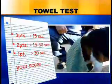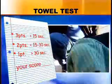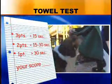The towel test is easy. Place a towel over your dog's head. If he frees himself in less than 15 seconds, it's 3 points. 15 to 30 seconds, 2 points. And longer than 30 seconds earns 1 point. As you can see, Duke is having some issues. Princess, on the other hand...